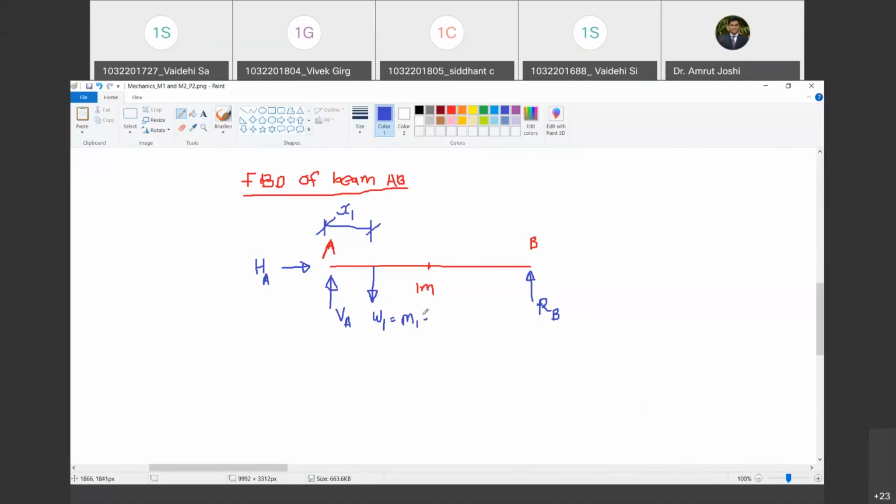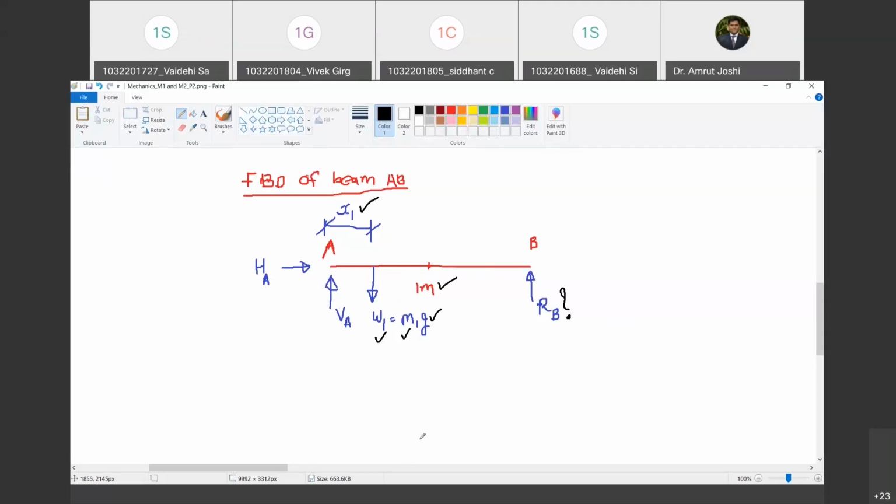Happy? Yes, sir. चलो अब इसमें नोन क्वांटिटीज कौन से है जरा बताओ मुझे. For any given trial of the experiment, RB is experimentally measured, but we have to calculate it analytically. Do you agree with me? Yes, sir. So RB is unknown. I hope you agree with me. Yes, sir. But for that trial, for that observation, X1 is known. Happy? Yes. G is known. M1 is known. Therefore, W1 is known. Are you with me? Yes, sir. The length of the beam, 1 meter, is known. Are you with me? Yes, sir.